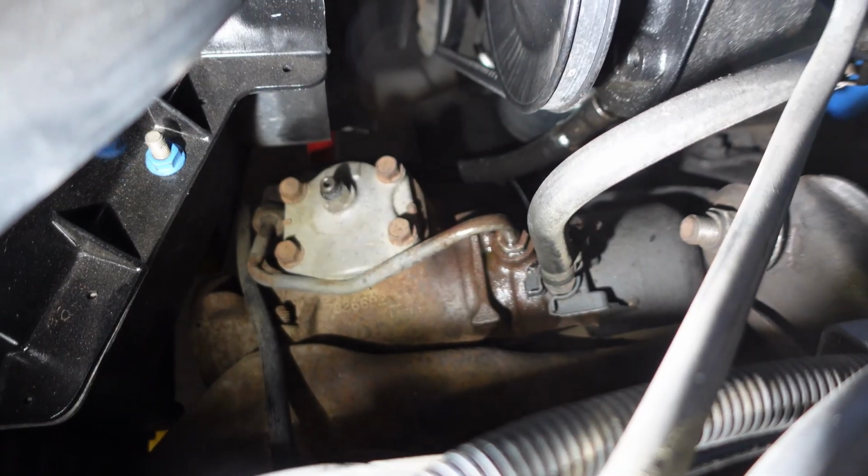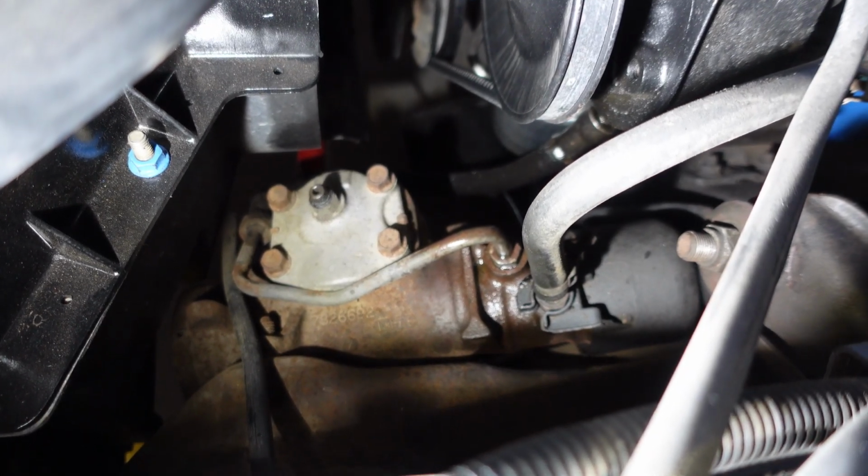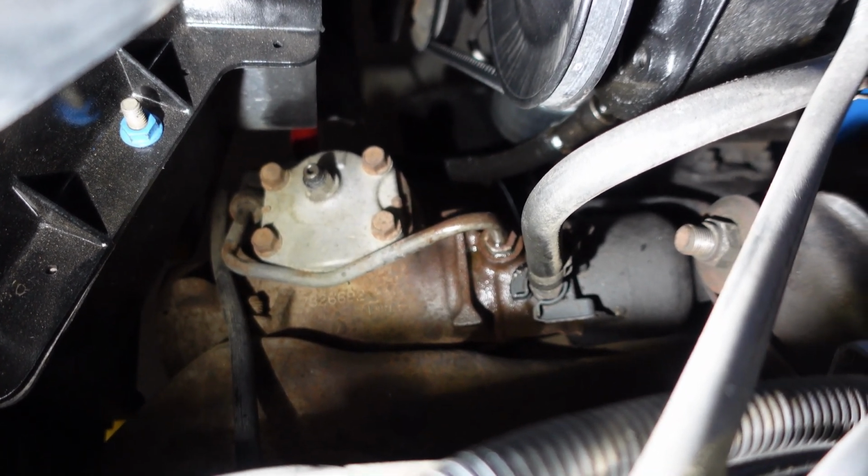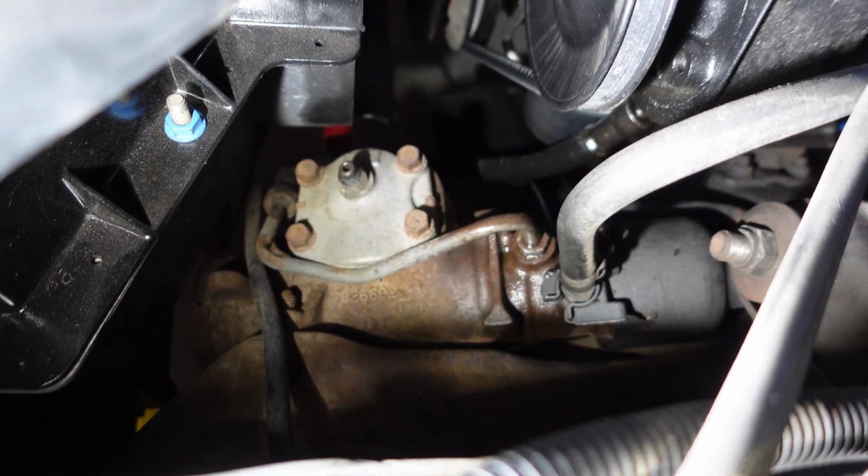But right now, finna get everything set up, and I'm gonna cut y'all back on once I get all the tools I need lined up and get this thing soaking in. We're gonna get started. Yep, just as I expected, it's gonna be a little too rusty to get off, so I'm gonna have to use my cutoff wheel, cut this off here, and then the one on the back,